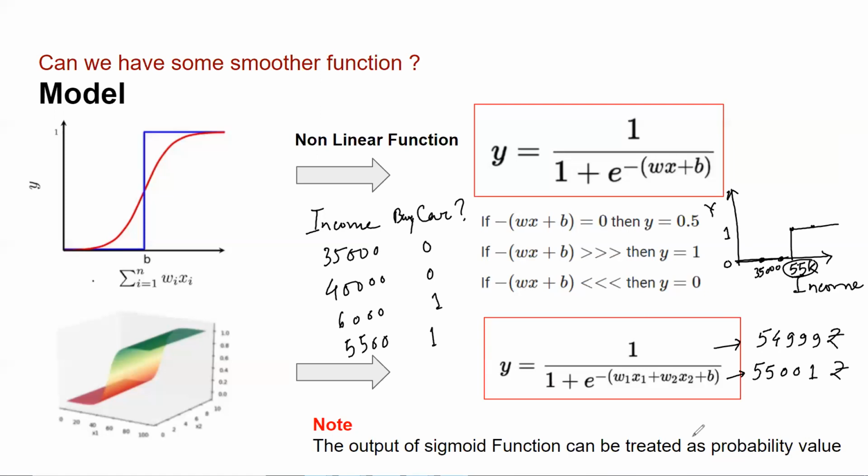That means there's a flaw in our hypothesis. What flaw is it? This shifting you are seeing: till this point it was all 0, then suddenly it became 1. This doesn't happen in real life scenarios. Rather, it would have made better sense if my function would have been something like this.